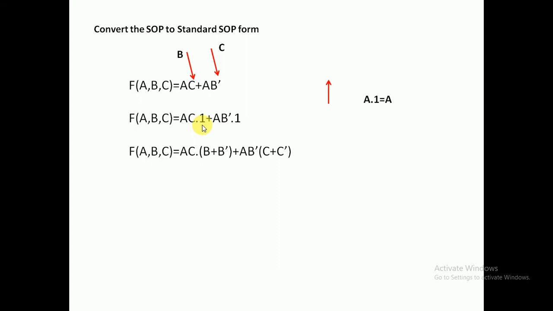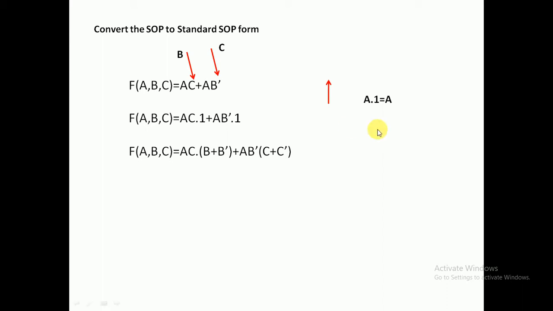So accordingly we need to apply the corresponding Boolean algebra formulas. Here b is missing, here c is missing, so where that signal is missing, just keep a 1. Putting 1 here will not affect your function, we'll verify. We already know that a into 1, or a dot 1, is again a, so ac into 1 will not affect the result, again ac. According to Boolean algebra, a dot 1 becomes a only, so that way we have taken 1 here, ac dot 1. In place of 1, we have to write b plus b dash, with respect to our Boolean algebra rules only.